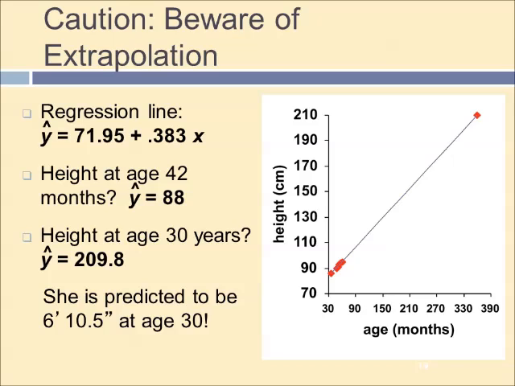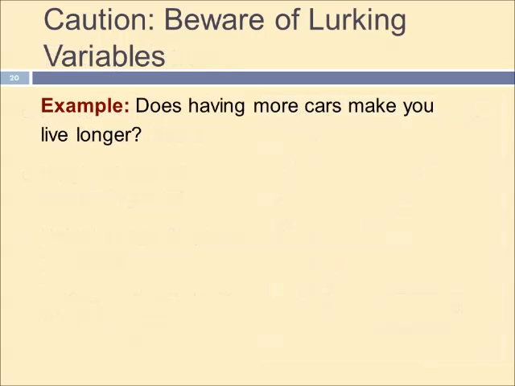Notice the point at 360 months is well outside of the observed values that we have for this particular model. So it's dangerous to predict outside of that. We don't know what's going to happen beyond the observed values. Now, as far as lurking variables,